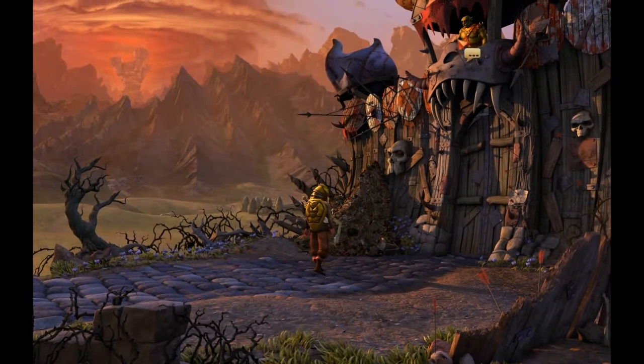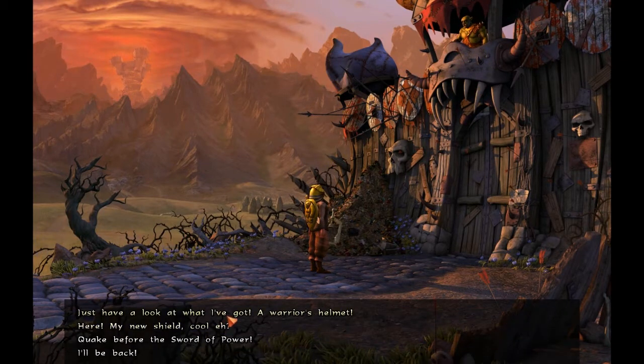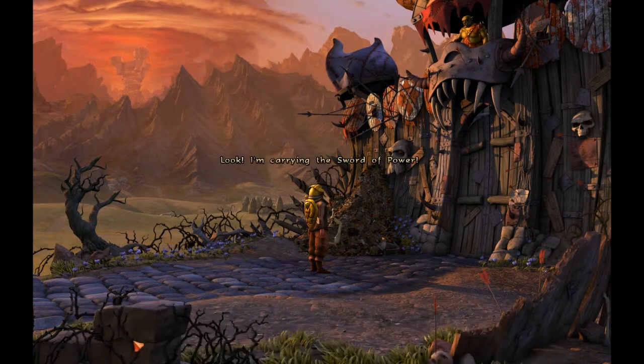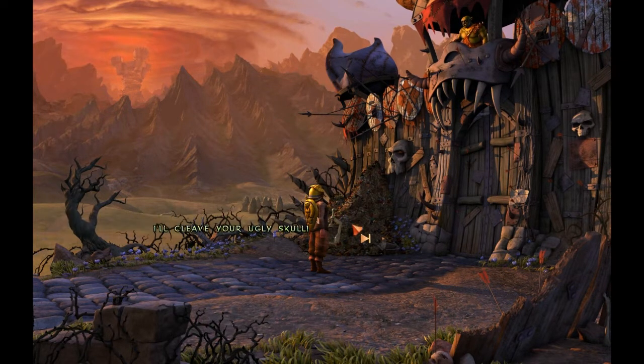Let's talk to this greedy fella. Hello, chieftain. Greetings, human. Look, I'm carrying the sword of power. What are you gonna do with a bread knife? Bread knife? Wretched green skin, step forward, shield and sword shall shatter, your blood shall flow. I'll cleave your ugly skull. Whoa, whoa, calm down. We don't want to...